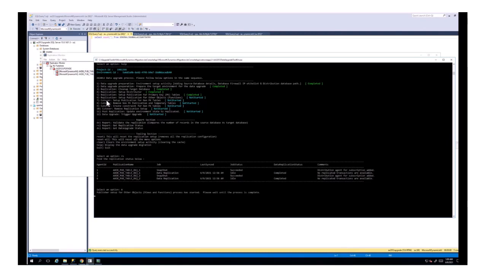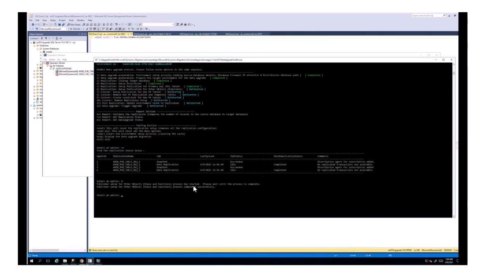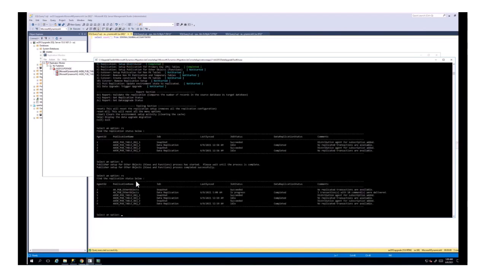This actually creates another publication for other objects. So for example, there are functions, there are constraints available on the tables. So this moves all these functions to the target database. It says the publication is set up. We can now quickly again check replication status. We should see